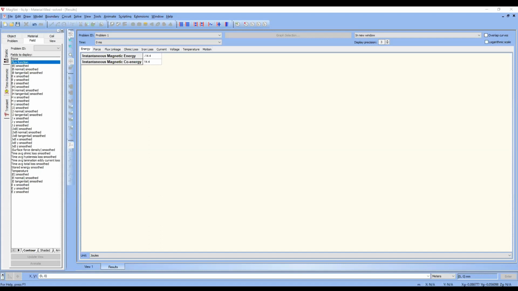Like this, many options are there. So like this, you can see your flux view also. If you want to see it shaded, you can see shaded. Many options like shaded are there. In arrow view, you can see in which direction the flux is flowing. Likewise, you have many options to see the flux flow also.